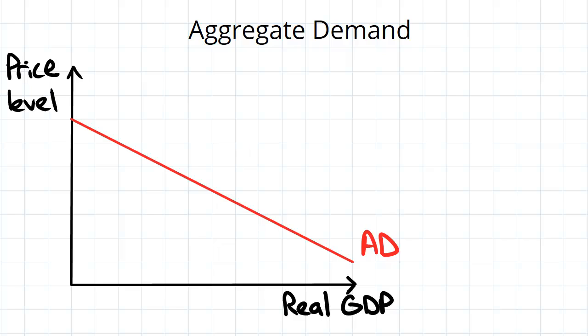Unsurprisingly, the aggregate demand curve is a downward sloping curve. As the price level increases, there is a lower real GDP demanded and